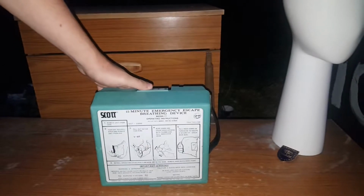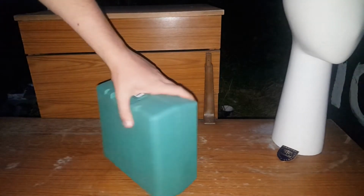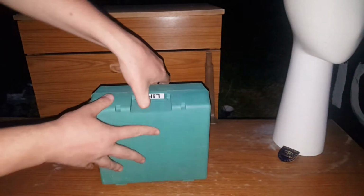It's only explosive if it gets severely damaged and I try to activate it, or if it got so severely damaged that I don't have to activate it. And since I don't intend to hit it with a sledgehammer, and it even survived international post, that's not really a concern. Here's your lift tab, and you just